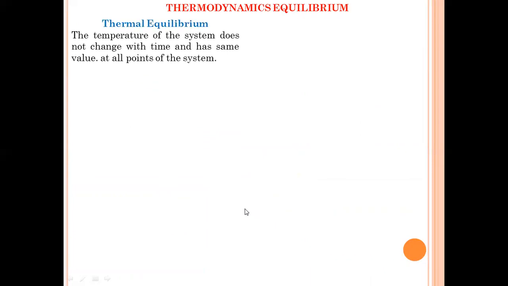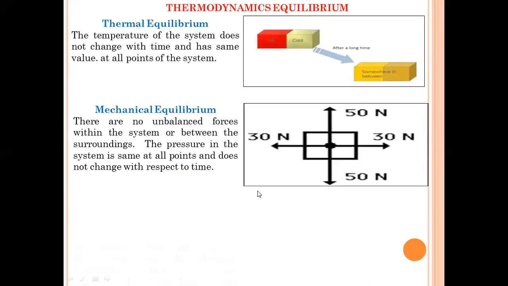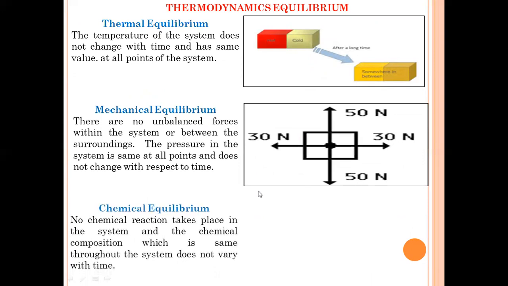Thermodynamic equilibrium. There are three different types of thermodynamic equilibrium: thermal equilibrium, mechanical equilibrium, and chemical equilibrium. A system is in thermodynamic equilibrium if the temperature and pressure at all the points are the same. There should be no velocity gradient. Chemical equilibrium is also necessary. Only then can we say that a system is in thermodynamic equilibrium. If a system is under temperature and pressure equilibrium but not under chemical equilibrium, then the system is said to be in a metastable equilibrium condition.